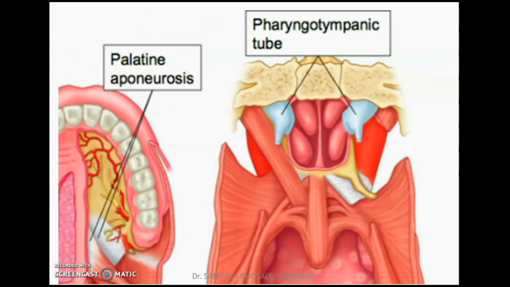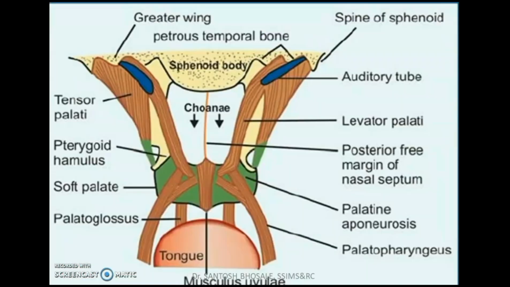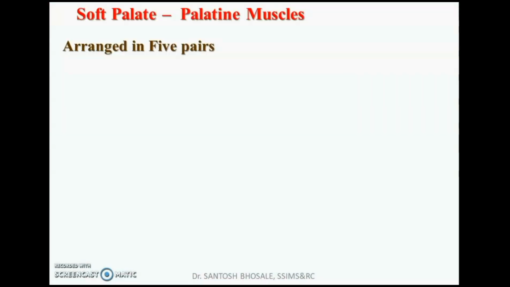You can see there, on the left side diagram, it is showing the attachment to the hard palate, that is the posterior nasal spine and posterior concentric margin of the hard palate, and just in front of it you will see a bony projection, that is the palatine crest. And here you can see the greenish quadrilateral structure, that is the palatine aponeurosis. You are seeing the posterior view here. You can see how the tensor veli palatini muscle coming from above expands, hooking around the pterygoid hamulus of the medial pterygoid plate to form this sheet.